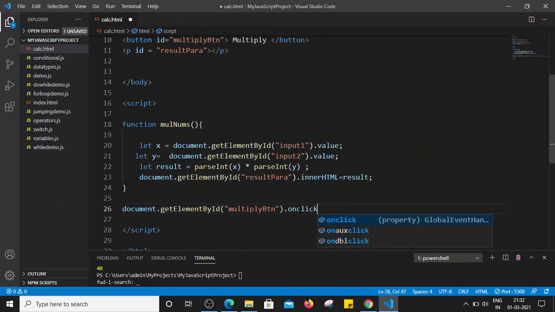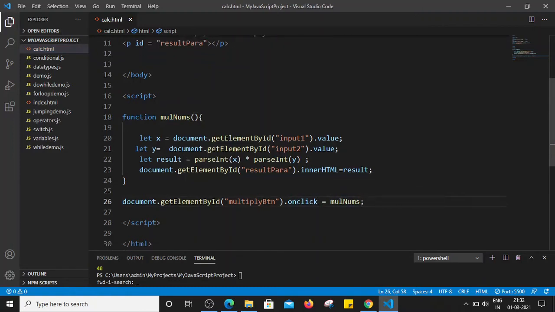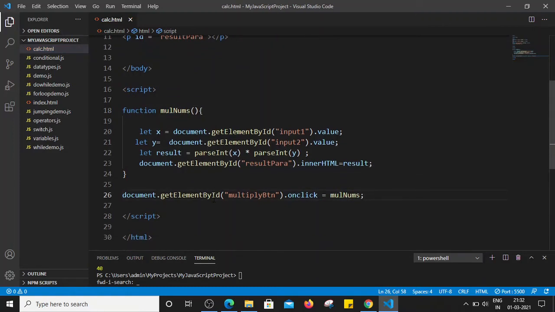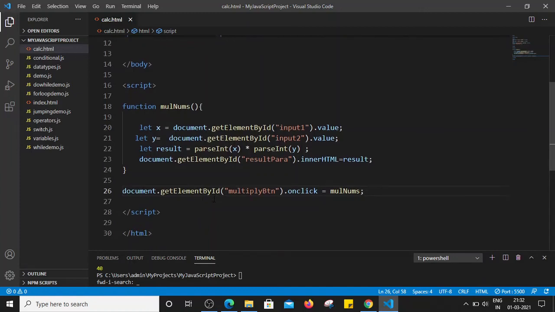So onclick is equal to, we are going to use this function, so whenever that button is clicked, this function needs to be called. So we are calling this function here. onclick is equal to mulNums, right? Now just save this file, right? I have saved the file, and let's run this file once again.